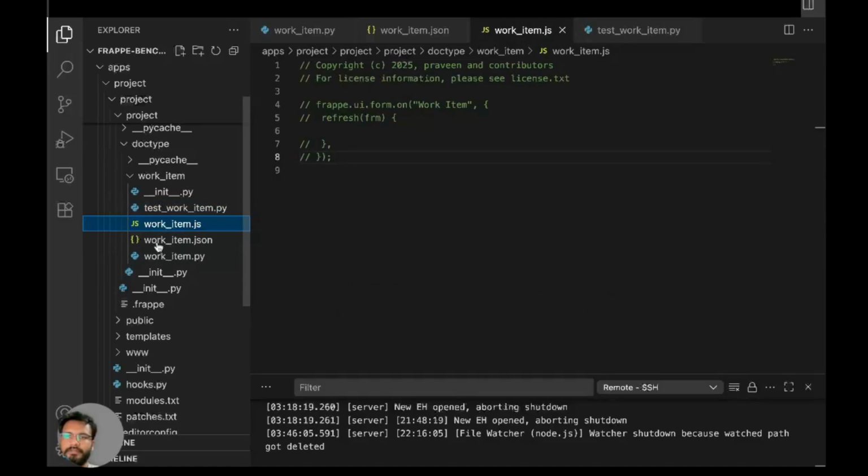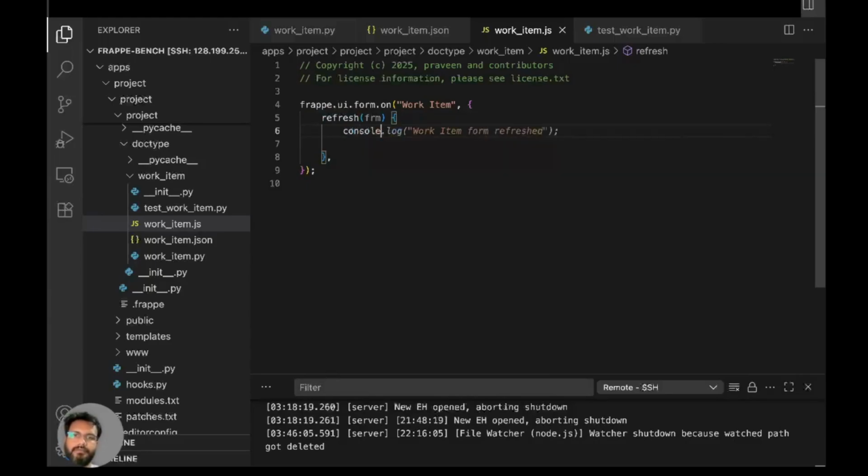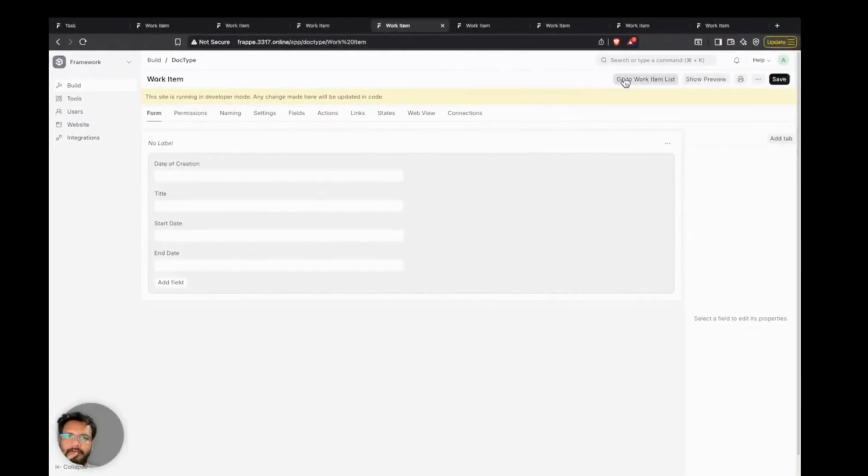So we will focus on this one because first we will cover the client side validation, and to do that, I will just uncomment this. So what this will do is, every time you are opening a document, the refresh event will be called. For example, if I do console log this, and if I go to the work item list,